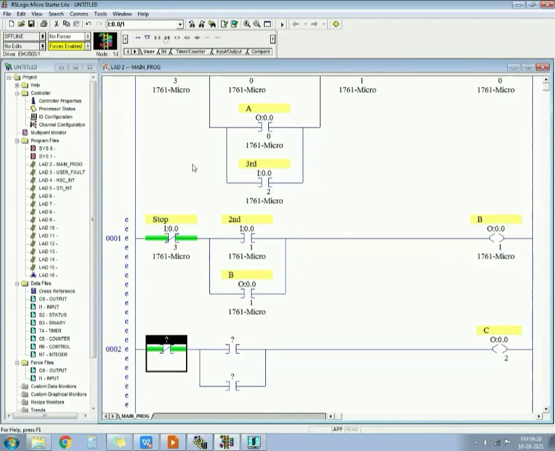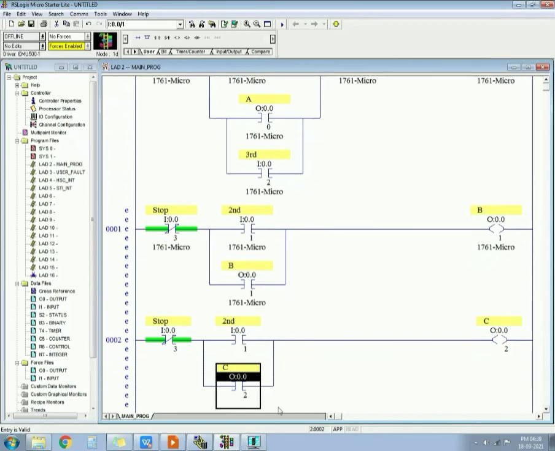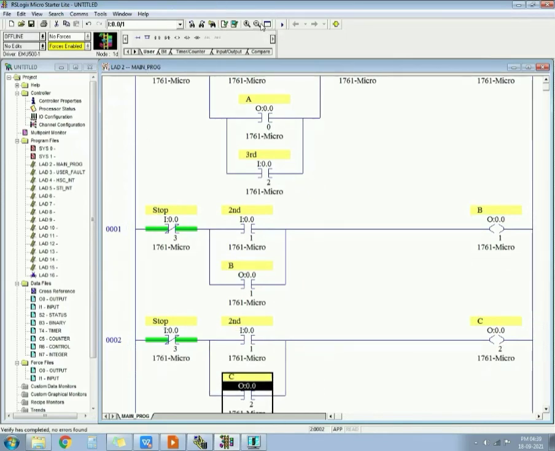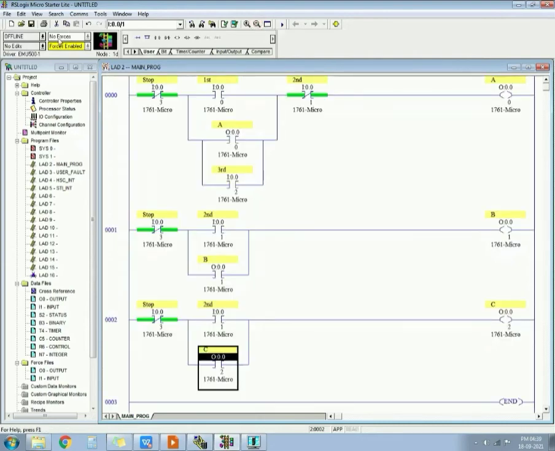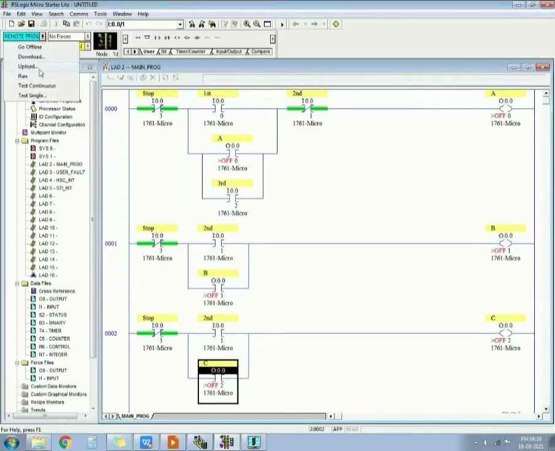Take a stop also, and you can put I1:0.0/1 because the second push button is making output C on. Okay, I will latch output C with this. So this is another solution. You can check it.